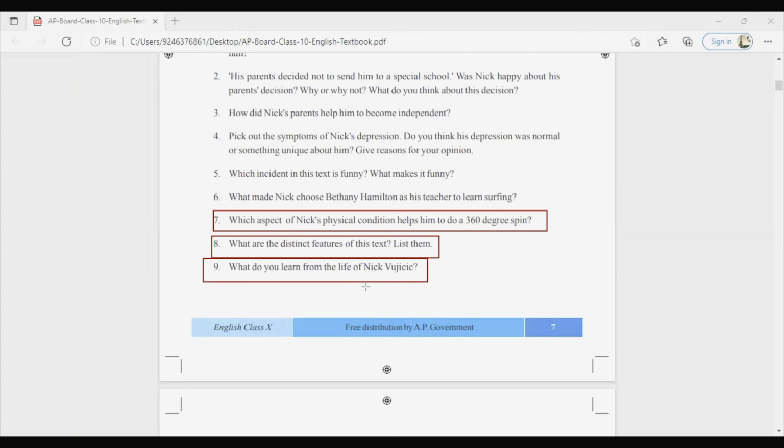Now Nick shows us that anything can be done if we try hard enough. Undoubtedly, I feel that his life is a source of inspiration to every one of us. Everyone takes inspiration from his life. And he has been able to do all this only because of his faith, hope, perseverance and strong willpower. Nick proves that disability need not prevent one from reaching the heights. So I learned particularly that I should not lose faith. I should have hope in any situation I am facing. Clear? Very good.